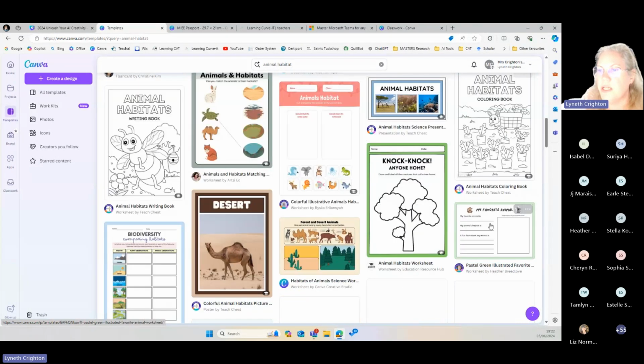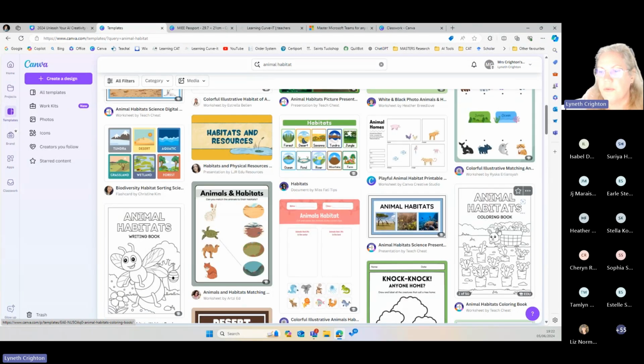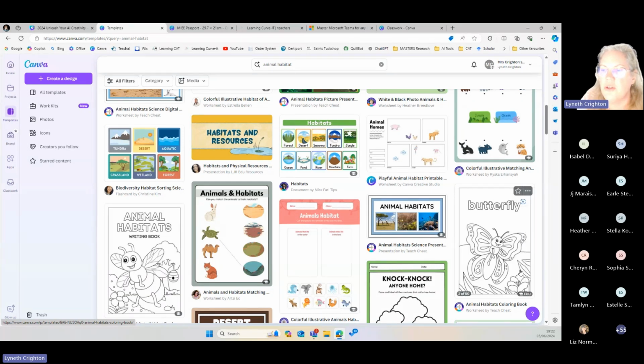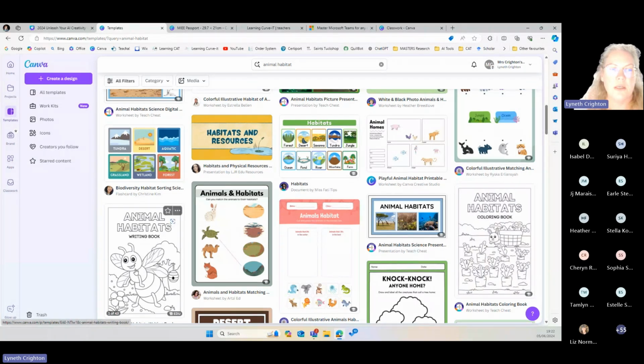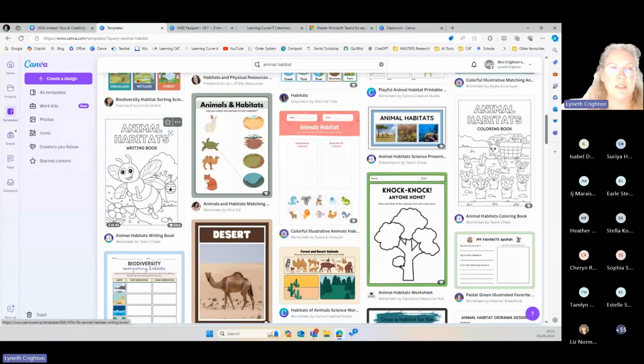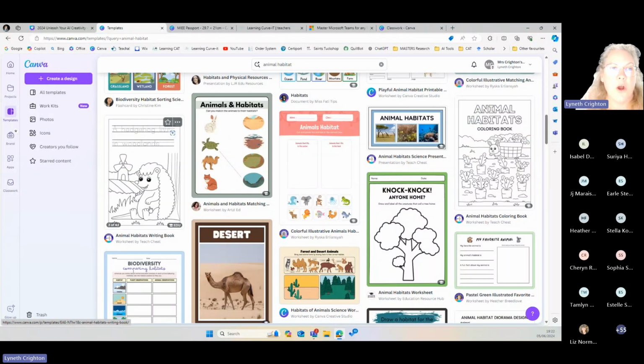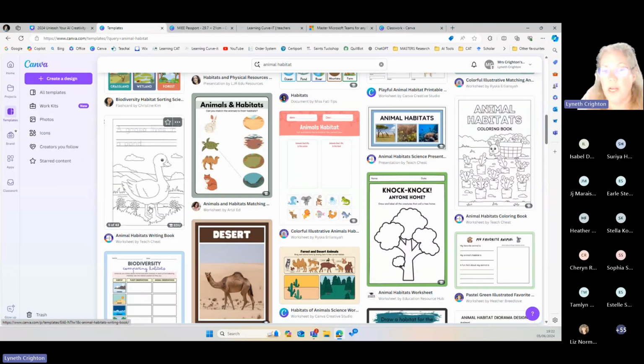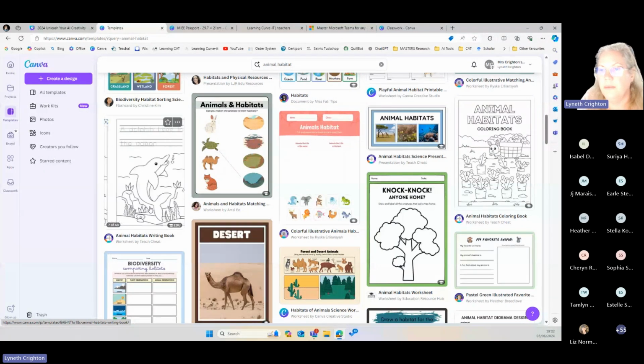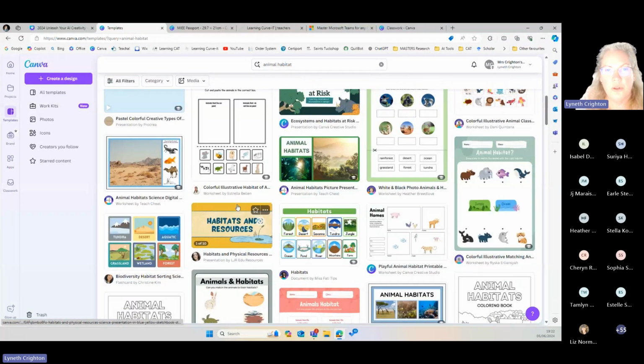There are coloring in pages. This is a whole coloring in book of 50 pages. If you look at the bottom, it'll tell you how many pages, and as you hold over it, it slides and changes the picture. So this is an animal habitats writing book. It goes from pre-K or preschool to matric.